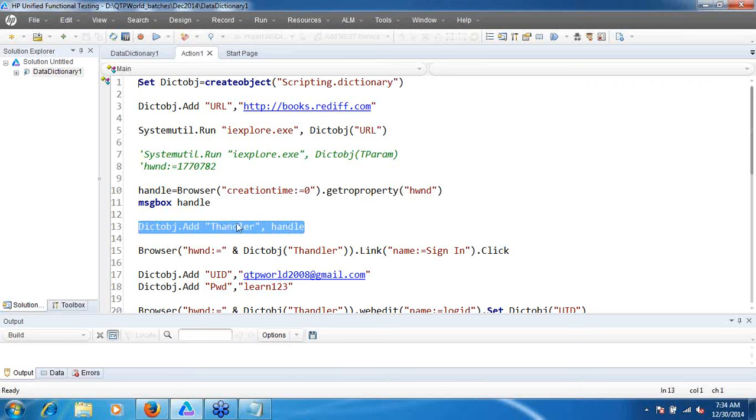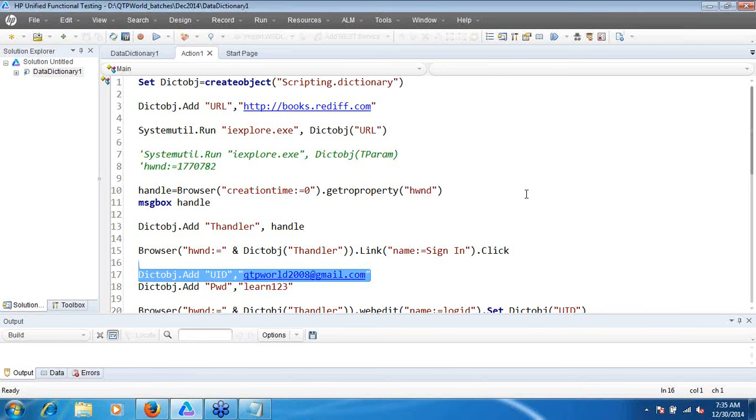dict_obj.add key and the item. Here also we wrote dict_obj.add key and the item. Key is nothing but your variable name, and whatever the value is, is called the item there. To reiterate, dict_obj, or dictionary object, is a virtual file which holds the